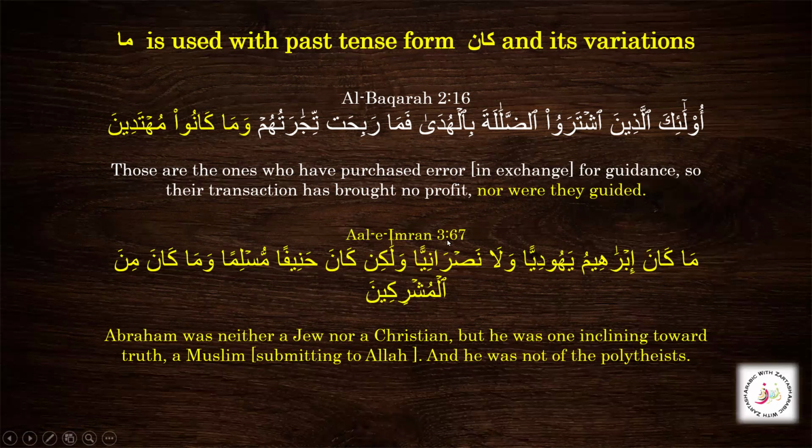So here we know that because we see ma kanu, this past tense, whether it is the affirmation or the negation, we mostly see a mufrad ism. And when we see it, we are going to translate it like he was, they were, or it was, she was. So here we are going to focus on the i'rab, how we are going to write the i'rab for this wama kanu muhtadin. So here you see it is starting with a harf of atf, wa, waw.